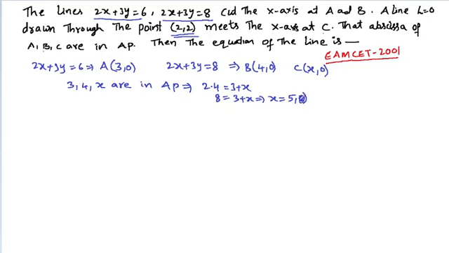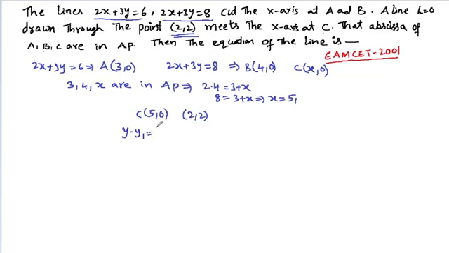X is equal to 5. So the point C is (5, 0), and the line passes through the point (2, 2). Now the equation of the line passing through (5, 0) and (2, 2) is, that is, y minus